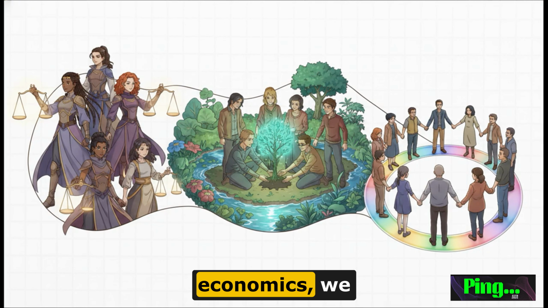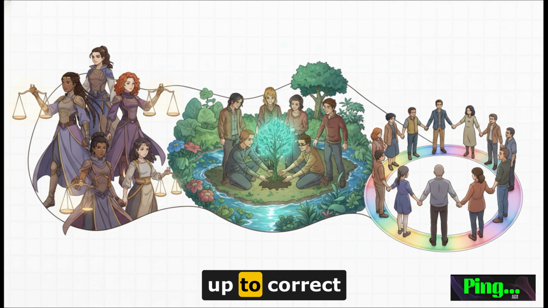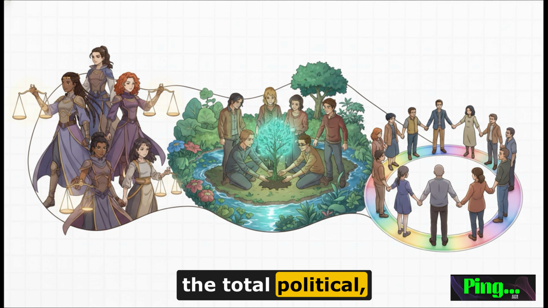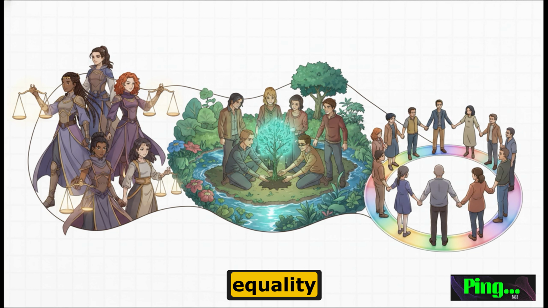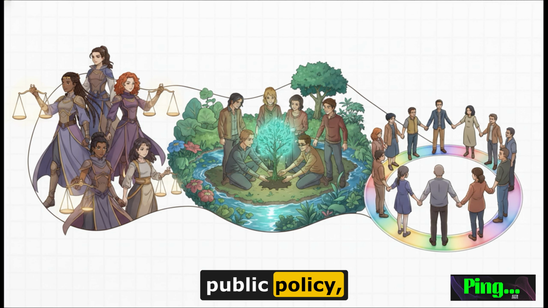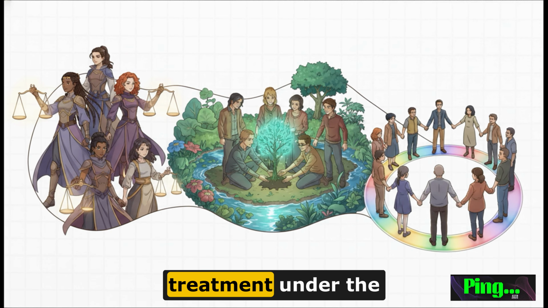Beyond foundational economics, we have powerful movements that rise up to correct specific societal imbalances. Feminism fights for the total political, economic, and social equality of the sexes, actively dismantling gender stereotypes. Environmentalism demands that nature itself dictates public policy, focusing heavily on issues like decreasing emissions. And then there's egalitarianism, which acts as an umbrella, insisting on absolute social equality and equal treatment under the law